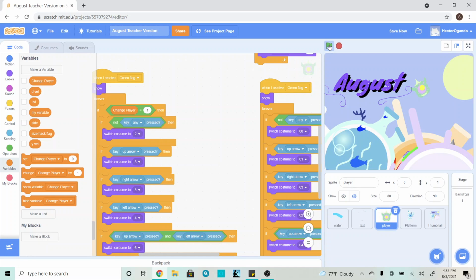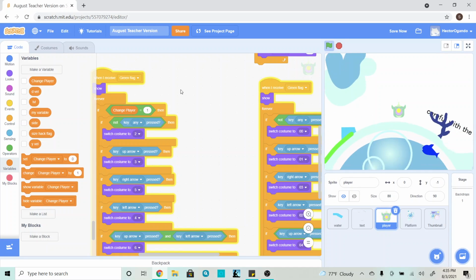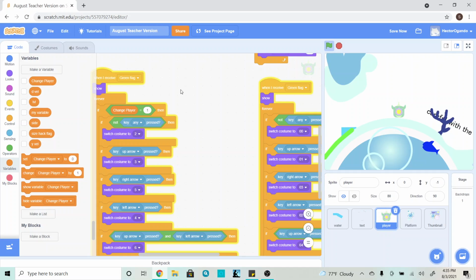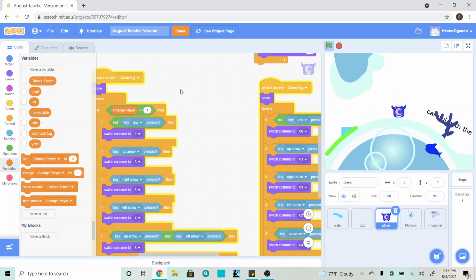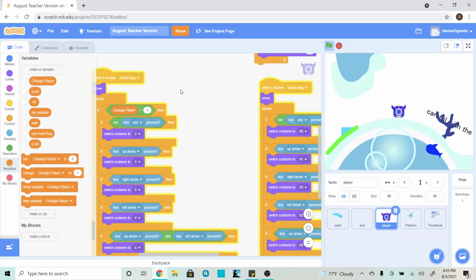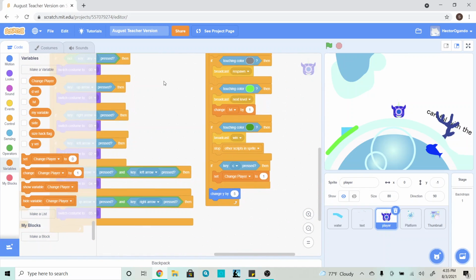So if I click my green flag to play this and test it out, you can see I'm able to move perfectly fine. My character is moving, and I'm going to click on my C, and now you see that my character changed. Okay. So now that I have that, the only thing is I can't change my character back. So if I do want to change my character back, what I could do is I can go back here,